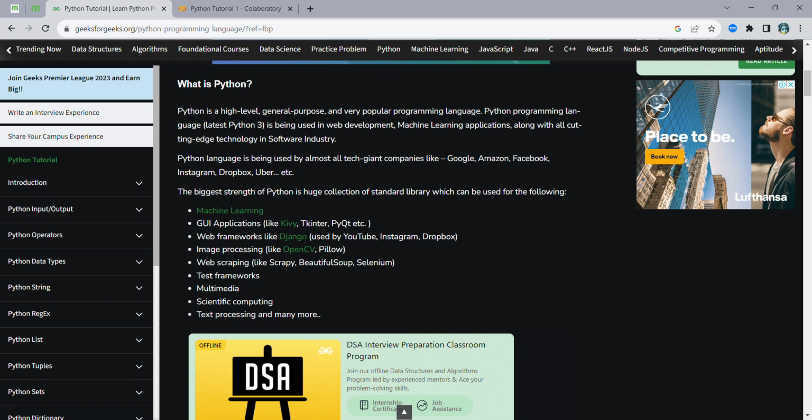These are the basic strengths of Python, along with its huge collection of libraries.